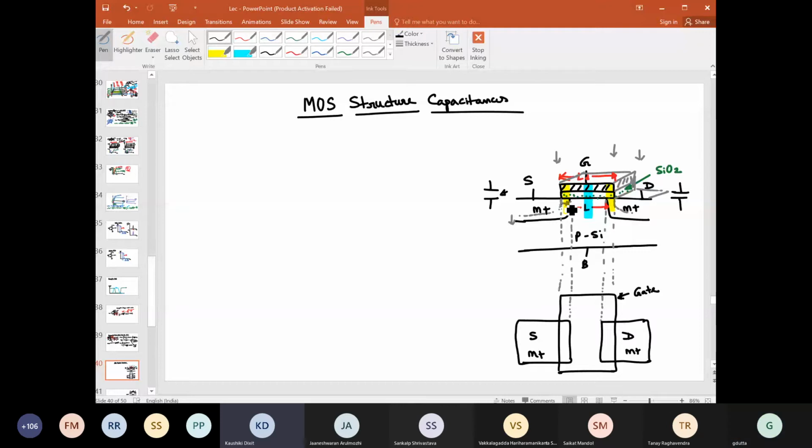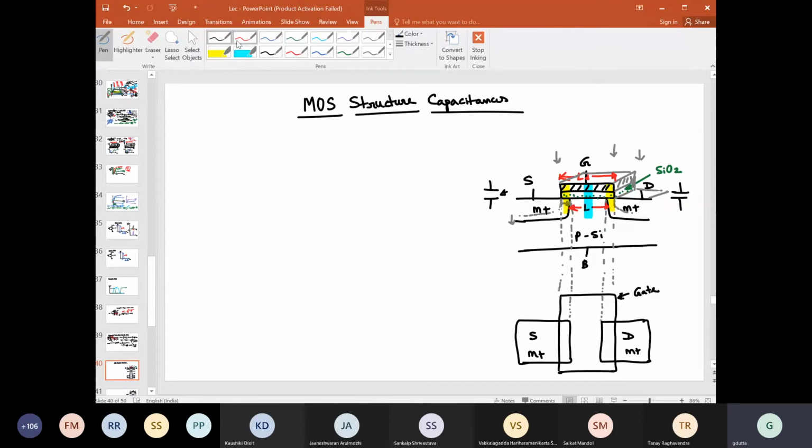Right. So even if you apply some negative voltage, there might be some depletion, but as this yellow highlighted region is very heavily doped, it hardly matters. Even if you have some depletion layer, that depletion layer width will be so thin that it will hardly impact this overlap capacitance, right? So that's why these overlap capacitances are fixed if the transistor dimensions are fixed. Okay, we will try to see what I mean by dimensions.